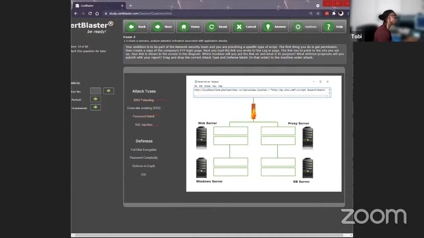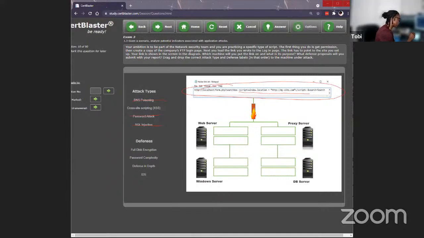Okay, what you do see is a script that's embedded inside of a URL, right? I didn't read the entire question, so I'll go ahead and read it now. Your ambition is to be part of the network security team, and you are practicing a specific type of script. It's one of the hints right here.